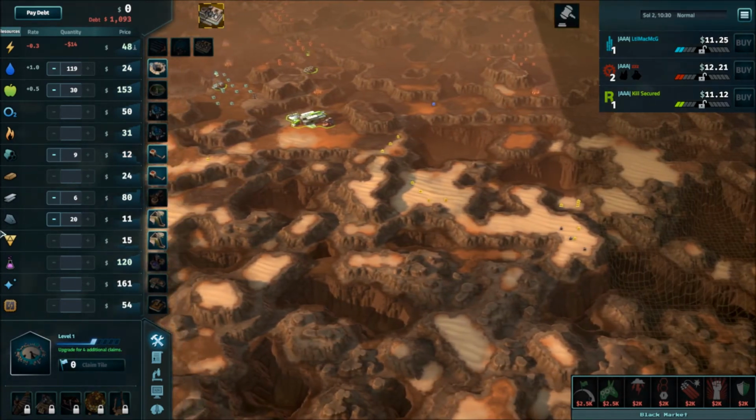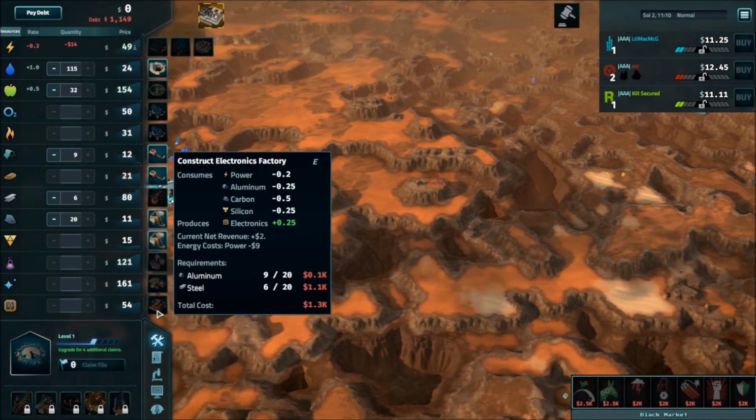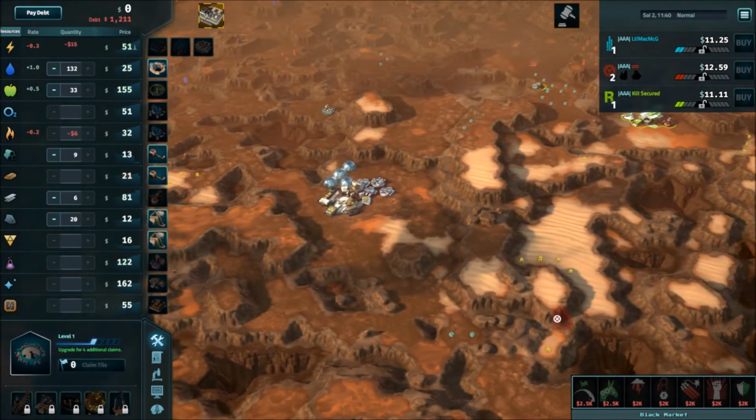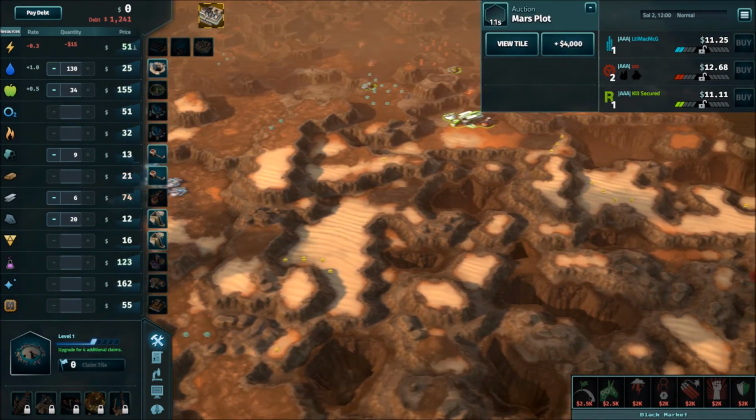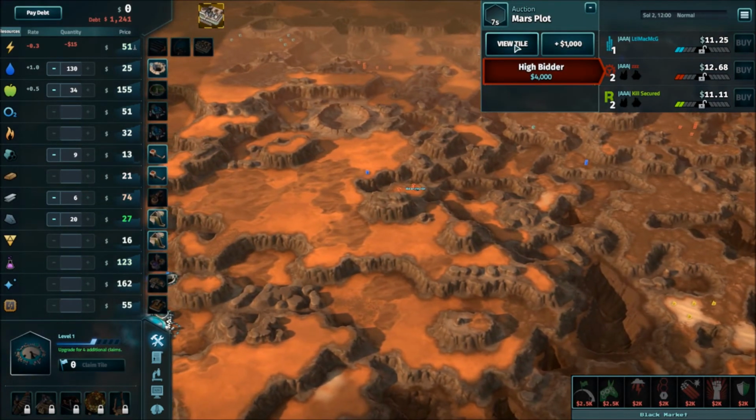Starts a little slow. This game is obviously, it is what it is. It's a trading game. It's not designed to be super fast paced. Scavenger colony expanded. New land is available for auction. Oh, heck yeah. Bidding will begin at...